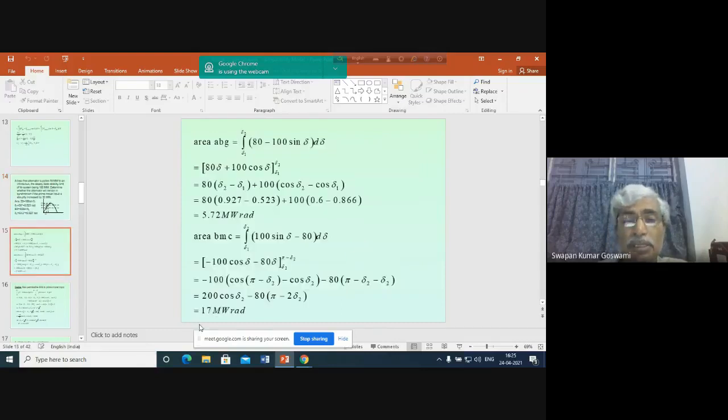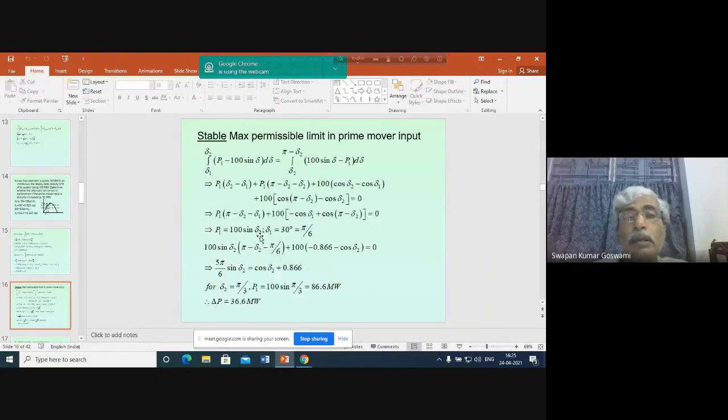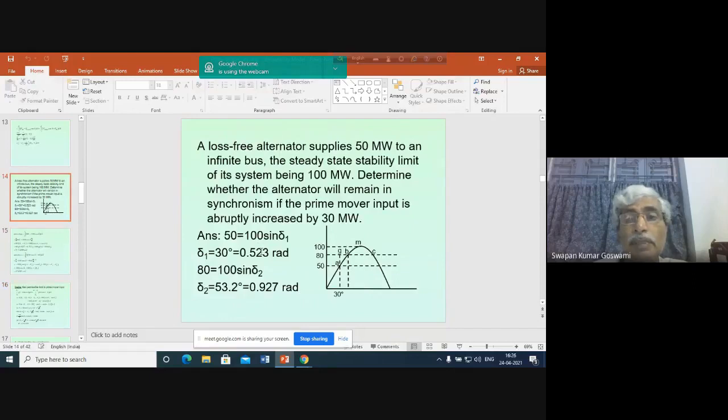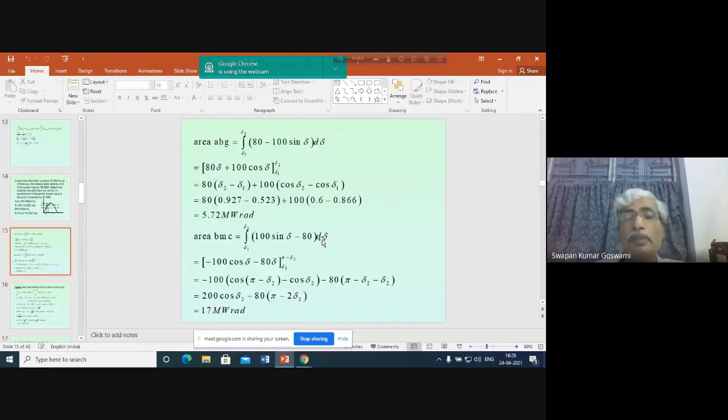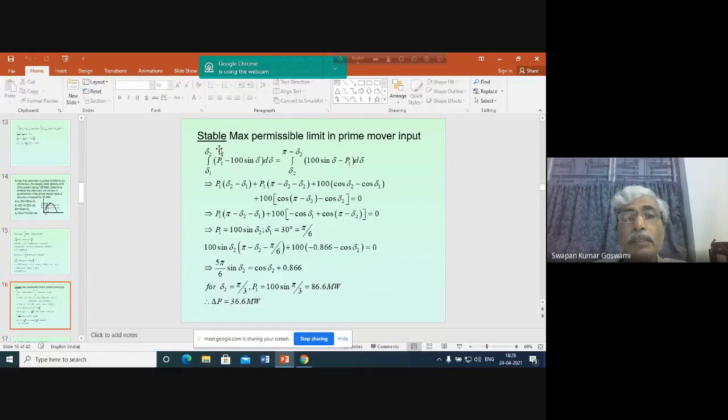Okay, so the 17 megawatt radian is the available decelerating area, and it is much above the accelerating area we have calculated. The synchronism will be obtained from the first swing. We can say this. Okay, now there is another part. Now let us find out the maximum permissible limit